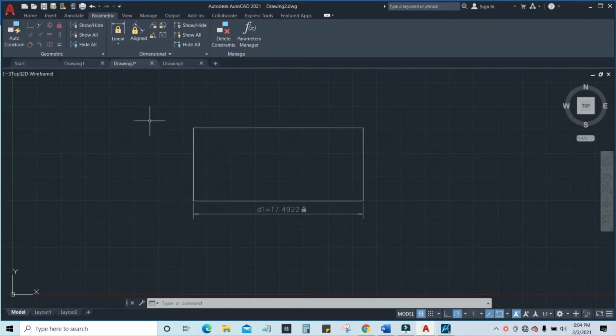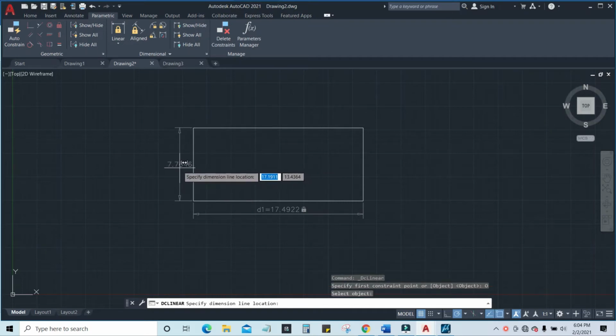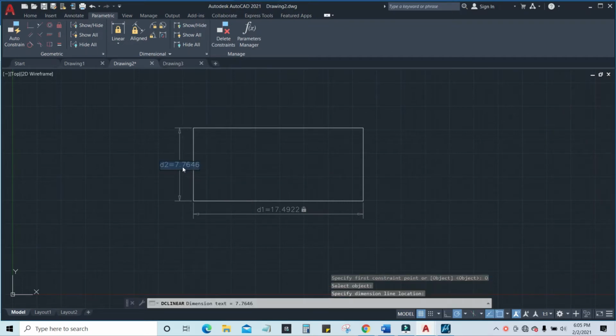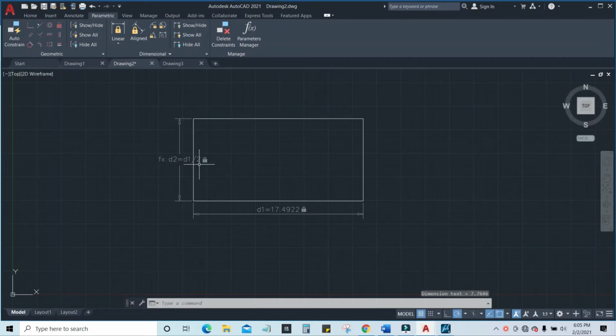First I choose the linear icon, click on the object and select this. Now the dimension is 7.76 units. To make it half of this one, I have to apply a formula: d2 equals d1 divided by 2. Now it becomes half of d1.